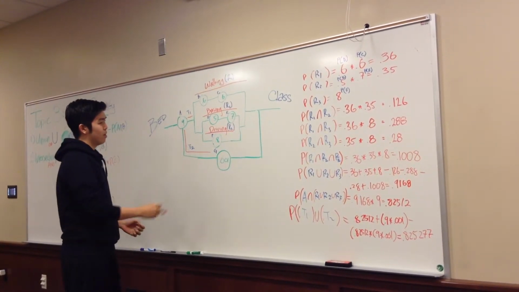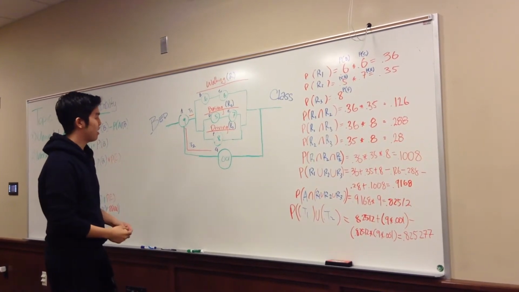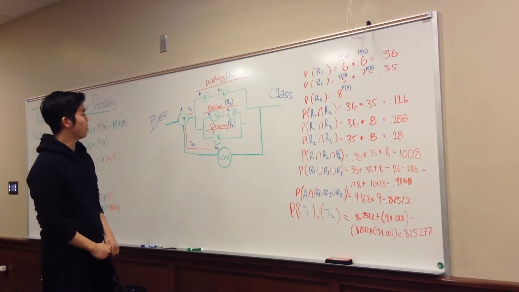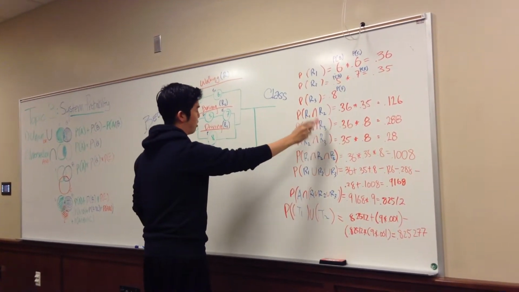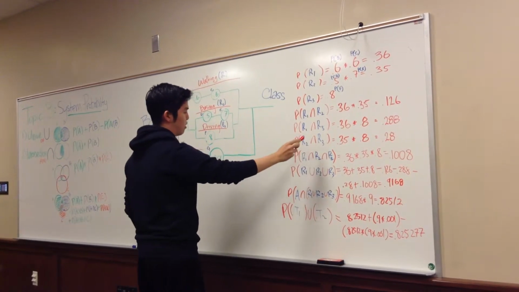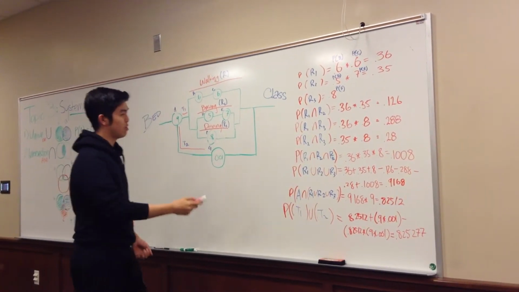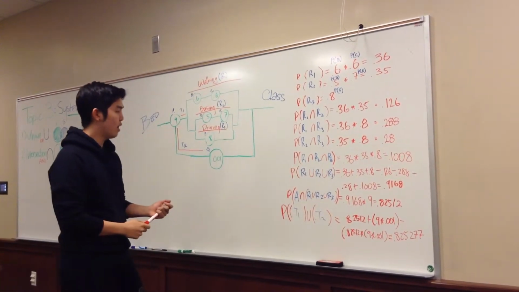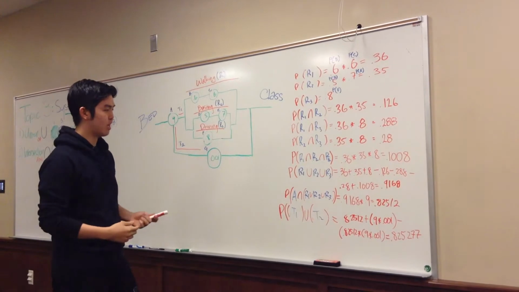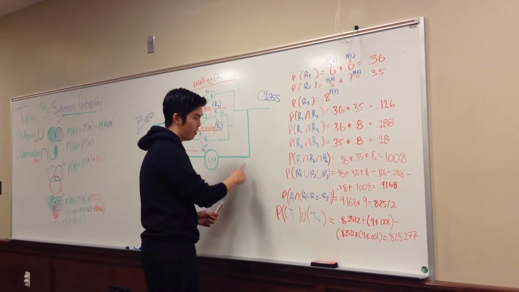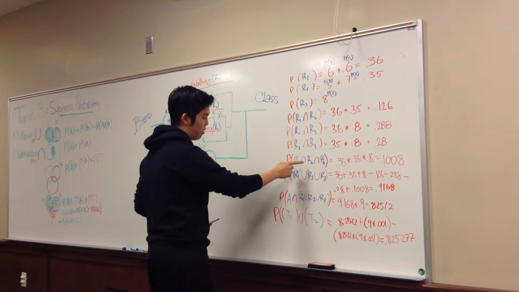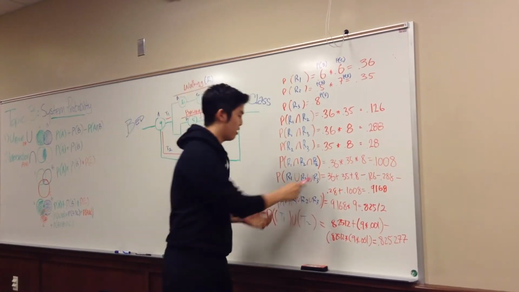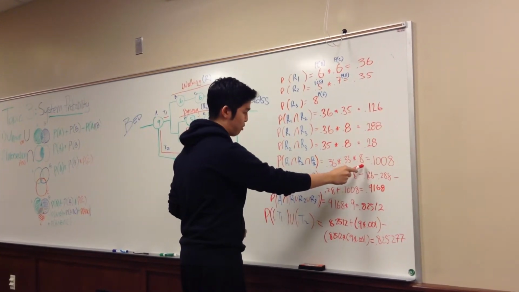So we have all of these, and we want to calculate the overlapping areas because we don't want to count stuff twice. So we have the intersection of R1 and R2, R1 and R3, R2 and R3, which we do by multiplying them to each other. So you get 0.126, 0.288, and 0.28. Since we cut all of those out, we also want the intersection of all three of them together, which is R1 and R2 and R3 together. So we multiply those together, 0.36 times 0.35 times 0.8, which gives us